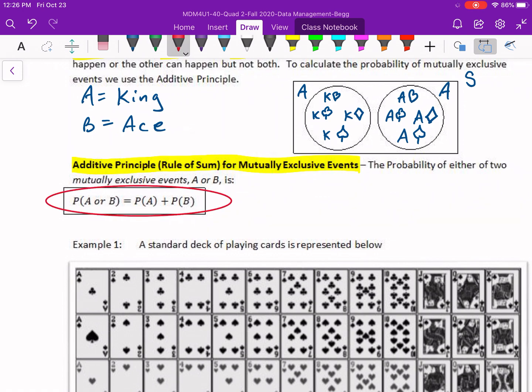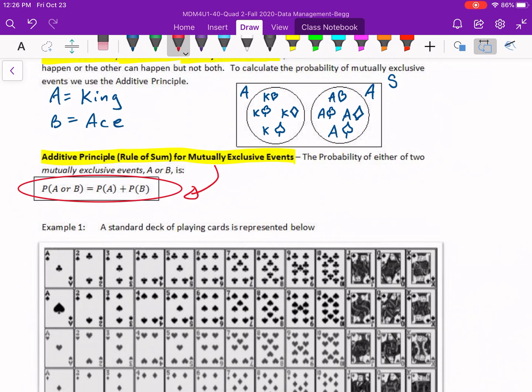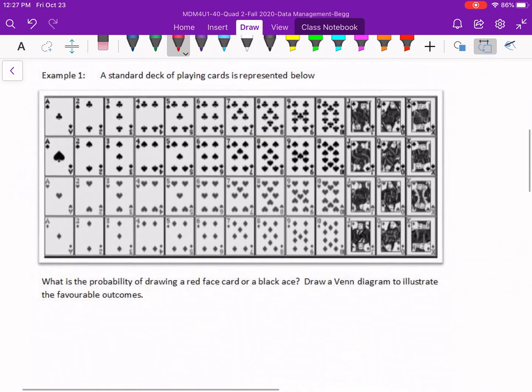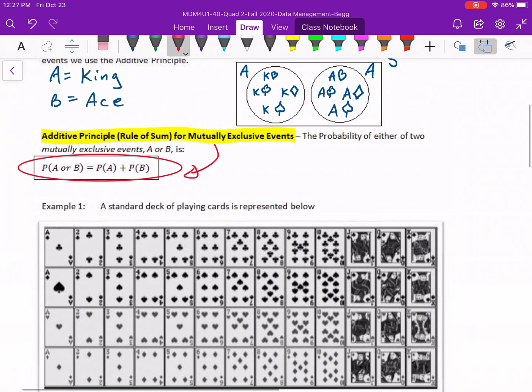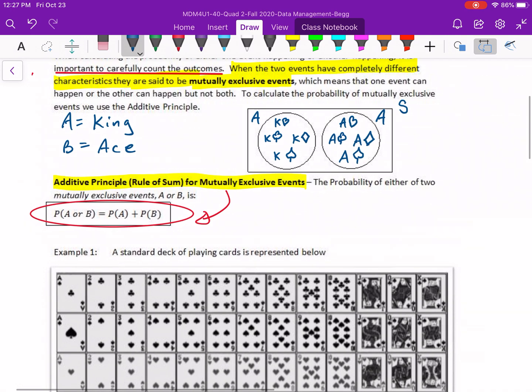This is an important formula, and it's a simple one. So the probability of either A or B happening would be the same as adding the 2 together. So if I want to just extend the example I did up above, the probability of A or B